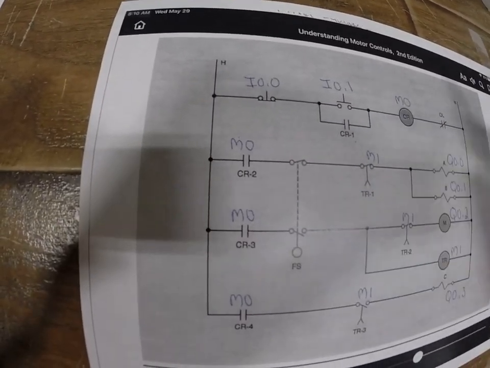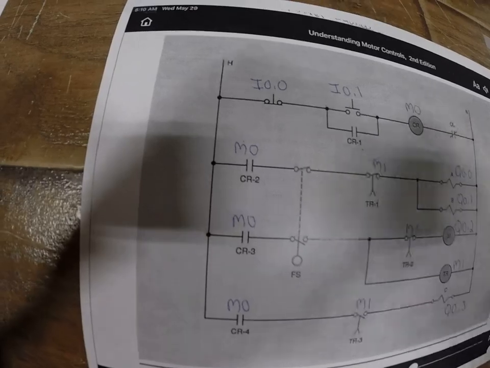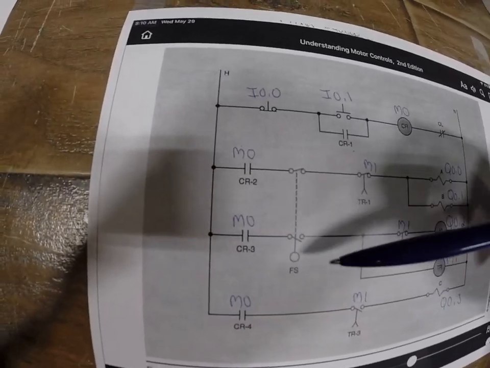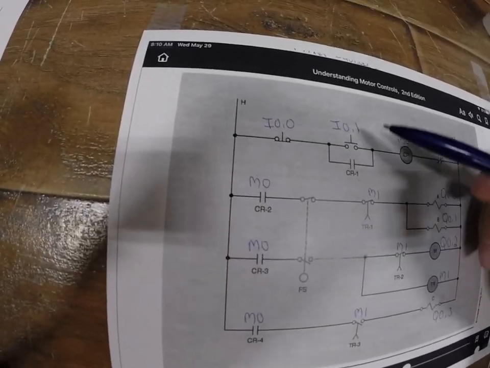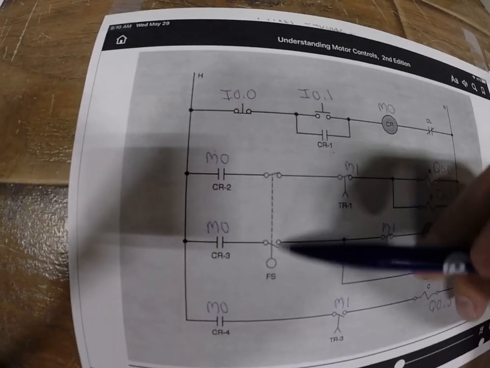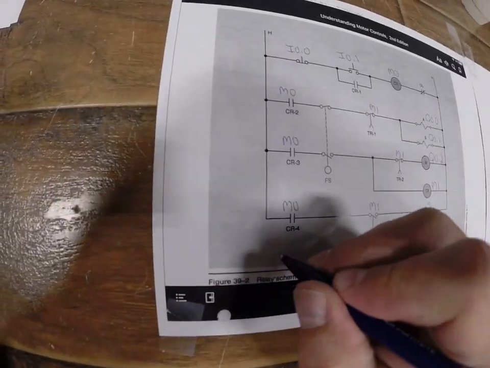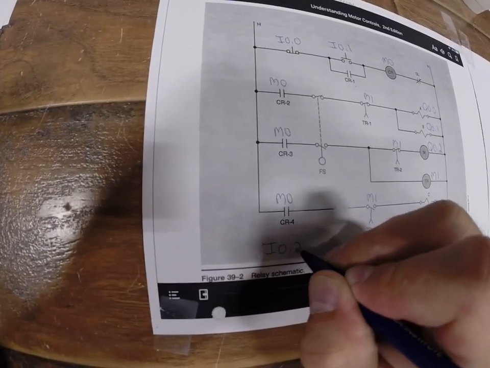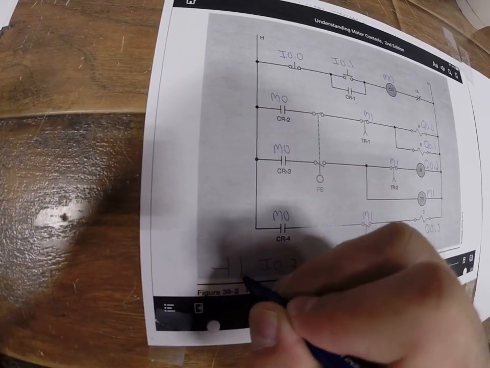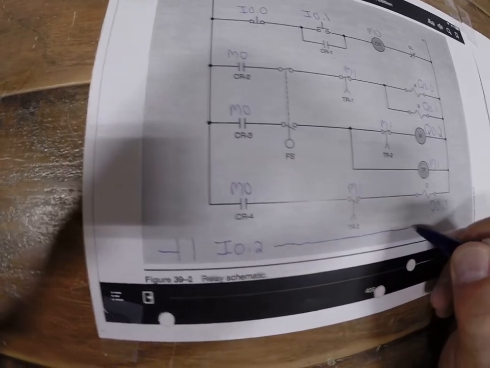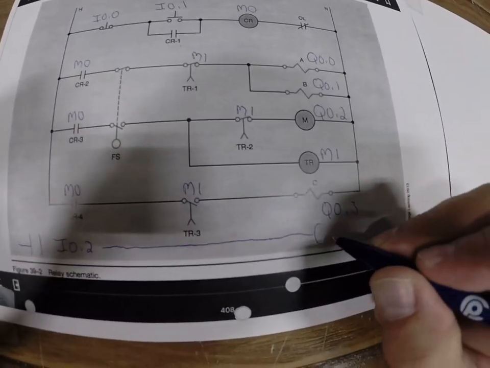We need one more item. We're going to call this an input. Now, the way this is going to react is when I hit a button, it's going to allow both of these to open. I'll show you how that's going to work on this drawing to the right of me. So because I already used up input 1, we're going to use this float switch as input 2. So what I'm going to do is just bring it down here. Input 2 is going to be used, and it's going to be tied into a memory bit, and we already used up 2 of them, so this will be